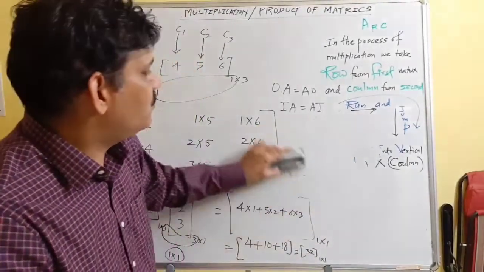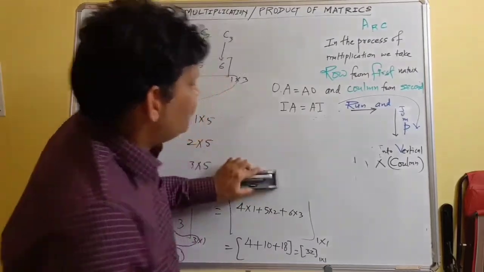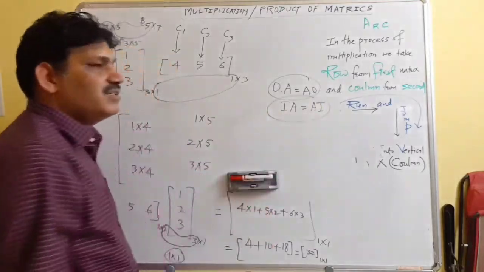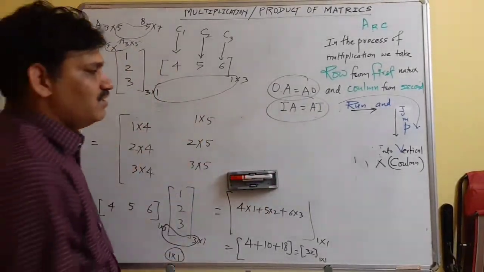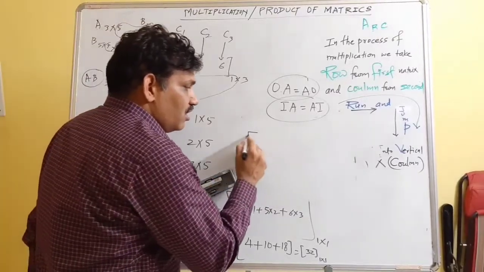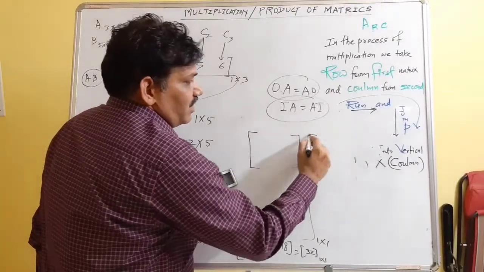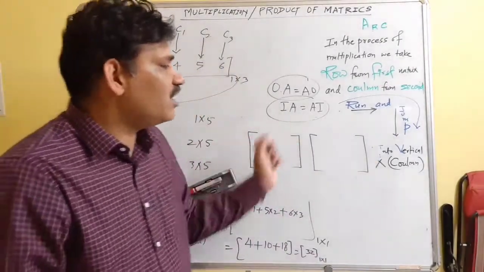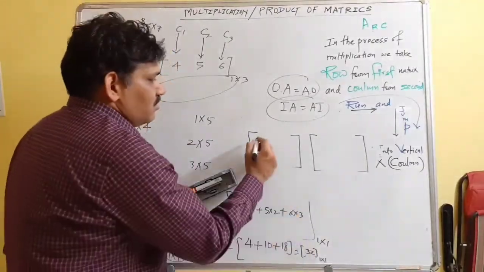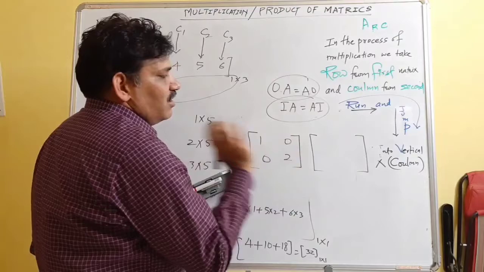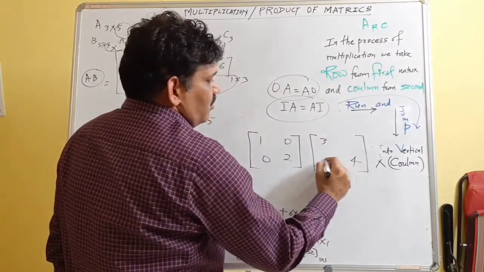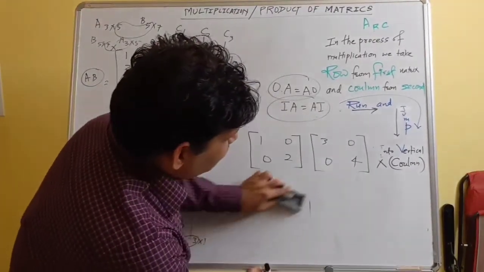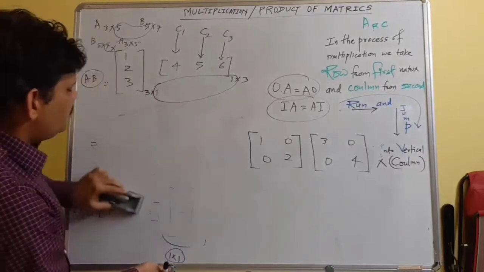Let's take some examples where it is commutative. If you multiply a matrix with a zero matrix, if you multiply a matrix with a unit matrix. One more case is there. If you take a diagonal matrix, means a square matrix whose non-diagonal elements are 0. Let's take 1, 2. Here non-diagonal elements are 0. This is 3, 4. The non-diagonal elements are 0. In this case, you will find AB is equal to BA.